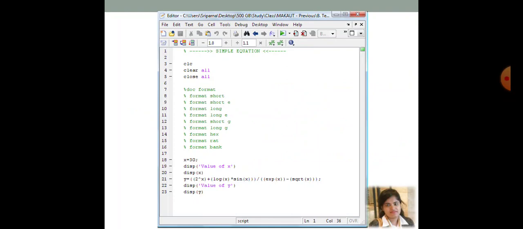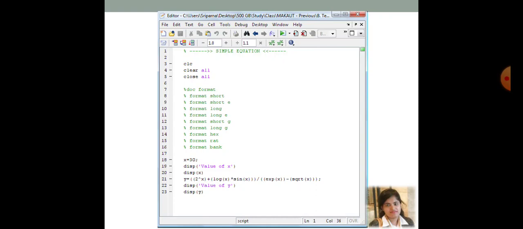I hope you are already familiar with the meaning of the syntax in lines number 3, 4, 5. If not, please refer to my introductory video. For this code, look at line number 18, and also lines 7 to 16 as well as line number 1. You can see there is a percentage sign, and the color of that code has changed to green. That means that line will not be executed. If there is a percentage sign, MATLAB is not going to execute that line.